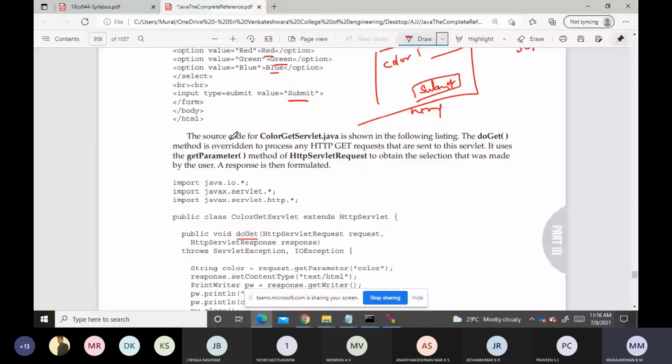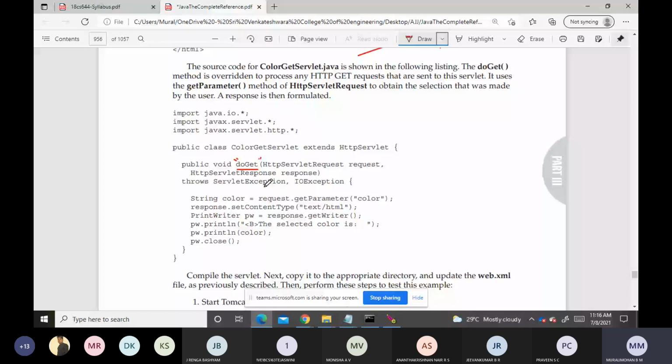So any HTTP get requests that are sent to this servlet will be handled by it. What is in this? Same as we studied in the previous class: one request object and one response object, and it may throw a ServletException and also an IOException. Here we read the parameter using the getParameter method, the same code we studied in the previous class, and it is stored in the color variable.